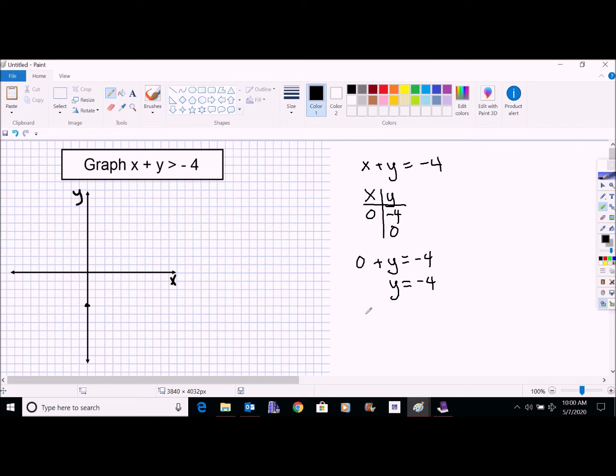Y is 0, so x plus 0 equals negative 4. So in this case, the x-intercept is also negative 4. So over here at negative 4. Now remember, these are not solutions. This is our borderline. Okay, so for your borderline,